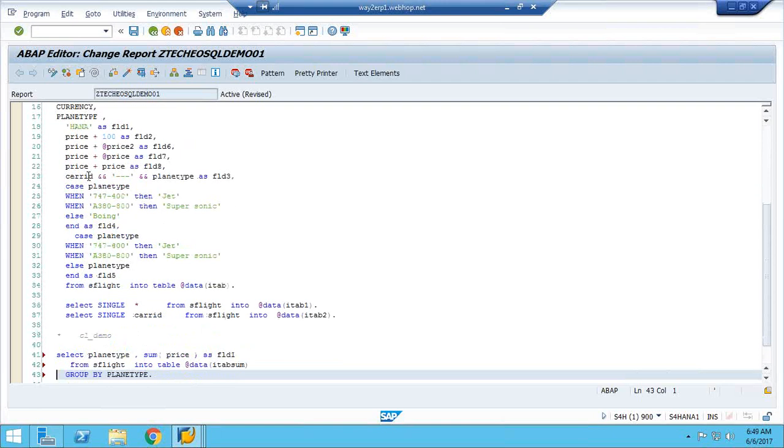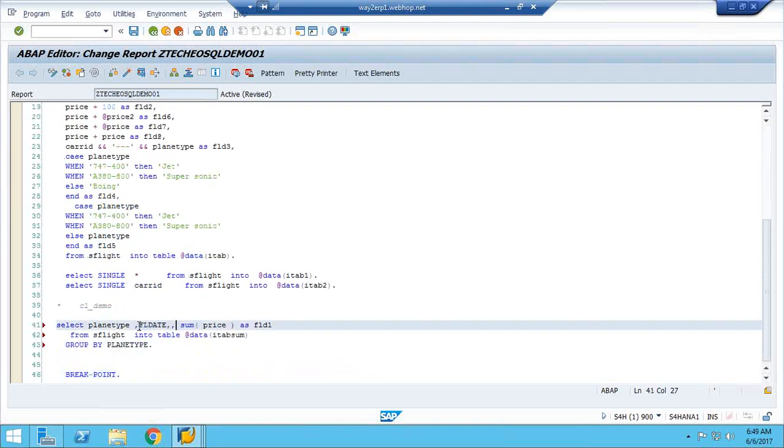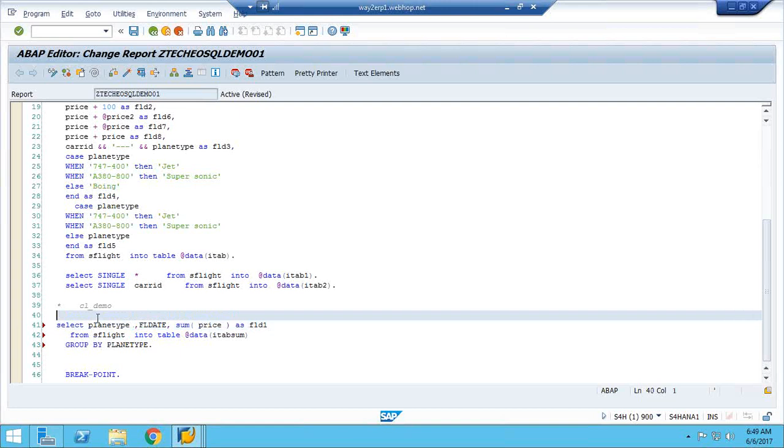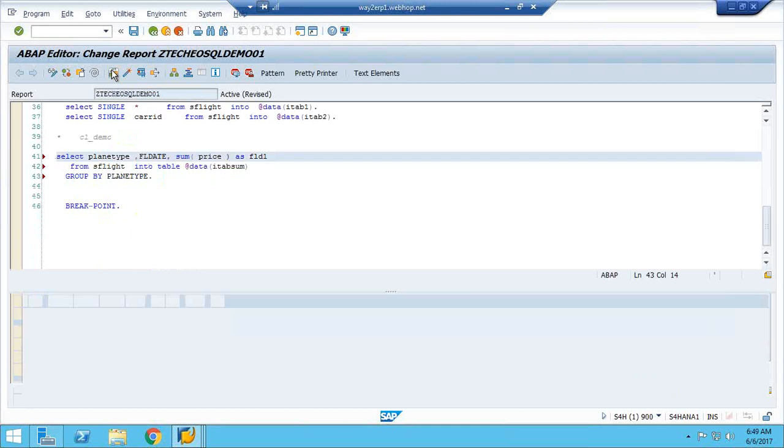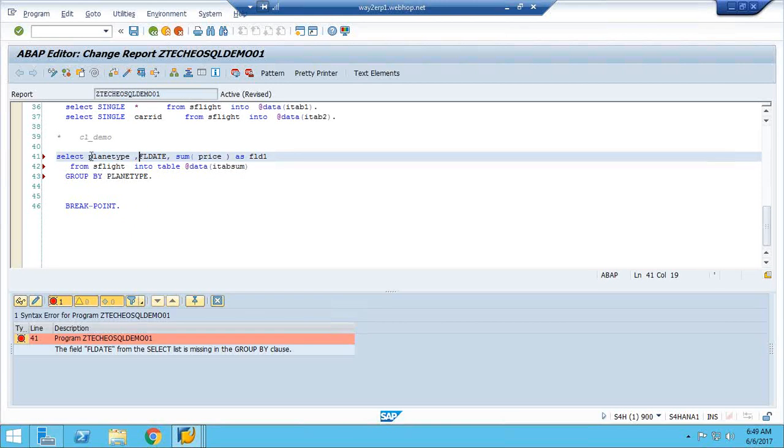If you are mentioning one more field, flight date, whatever fields you are mentioning in the selection, all fields should be there in group by. While doing aggregation, if you are mentioning any fields in the selection, all fields should be there in group by. This one also you have to give in the group by.